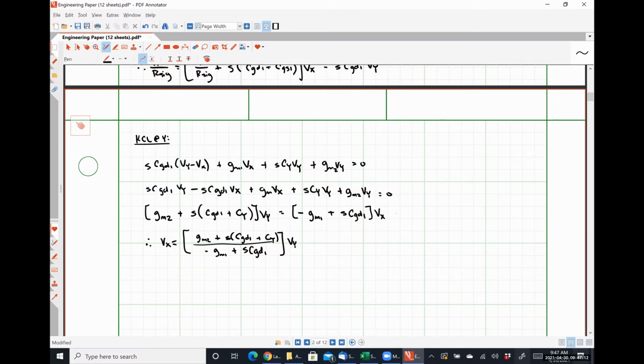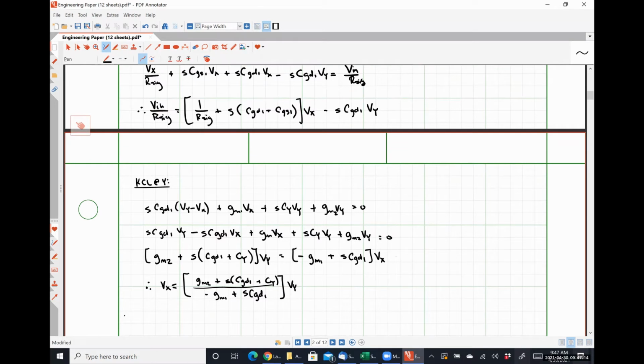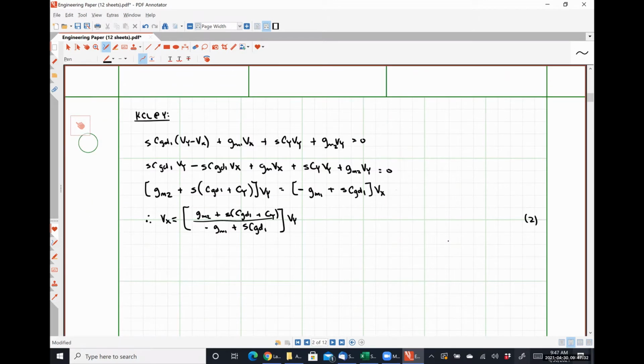And if I substitute this expression into, let's call this one 2 and this one 1, I can see pretty easily that now I'm going to have Vn in terms of only Vy. So 2 into 1 yields